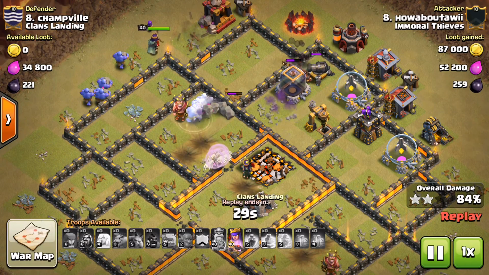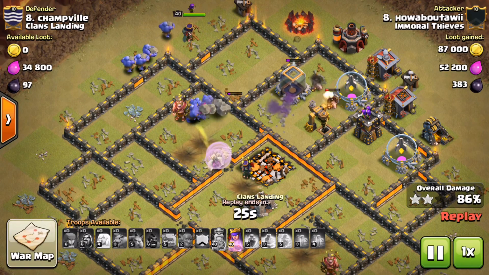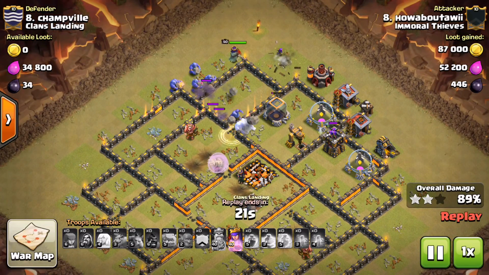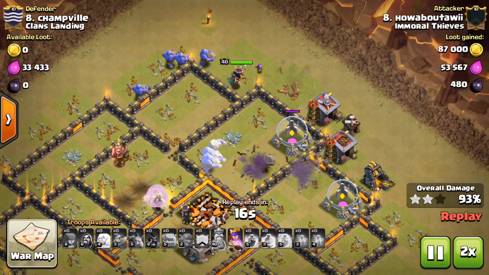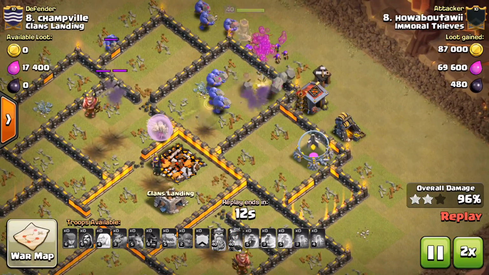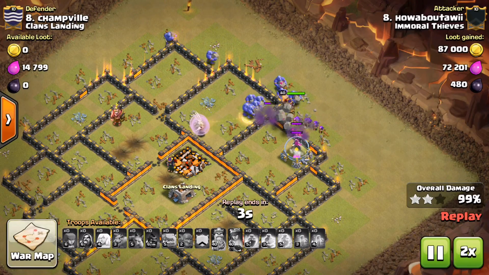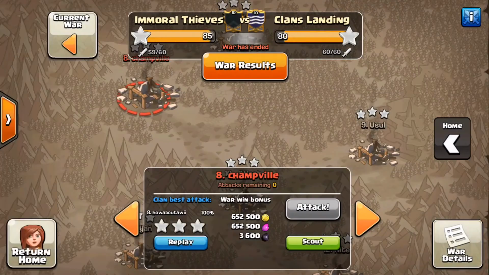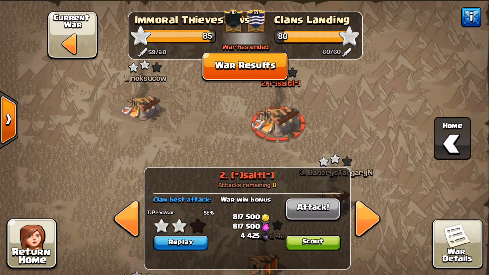Couple back end hogs, nicely placed. Take out those last couple defenses, and then he's got 10 to 15 bowlers and a max queen with ability left for that last archer tower, so nothing can stand in his way. And he also had a nice hit on their top Town Hall 11. I'm actually going to show...